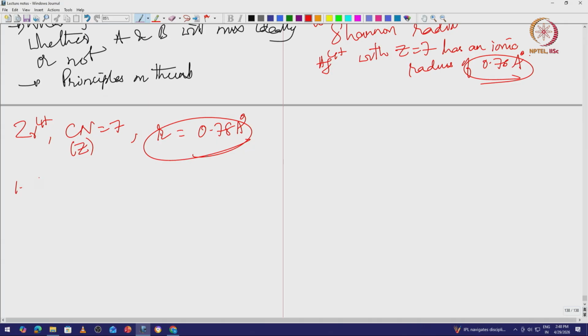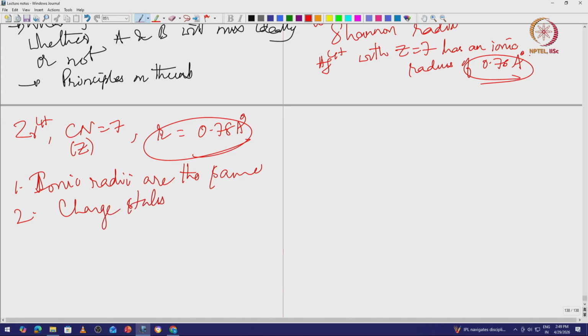So the radii, atomic or ionic radii, are the same. The valence or the charge states are the same or similar, meaning less than 15% of each other. So the charge state should be the same, the ionic radii are similar, not the same, but similar. Then, if I replace hafnium with zirconium,